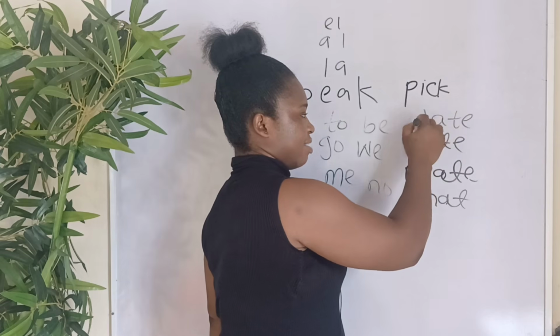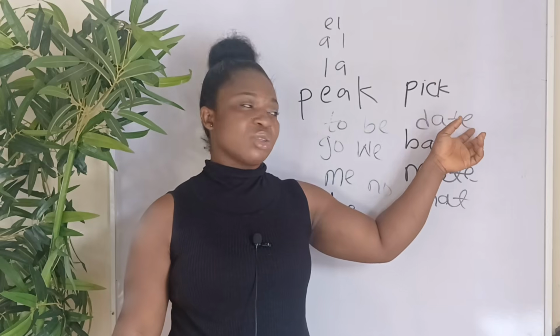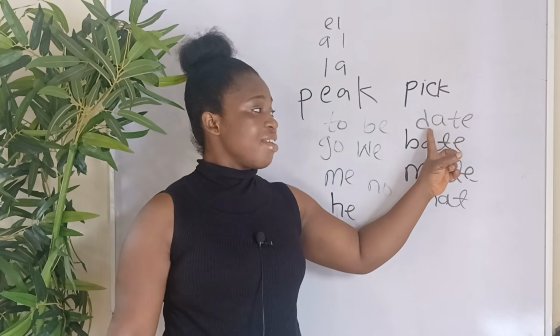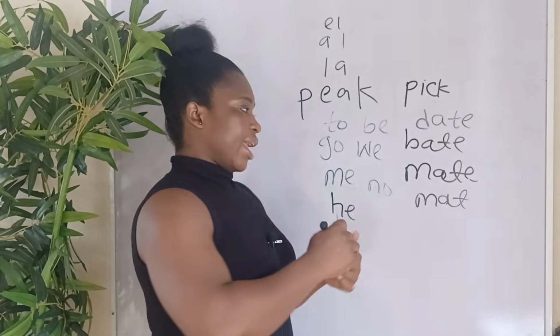D-A-T-E. This is pronounced as date. Okay, so magic E here does the magic of changing this from short to long. So once you see a format like this, it could be any vowel letter. Okay, I can say